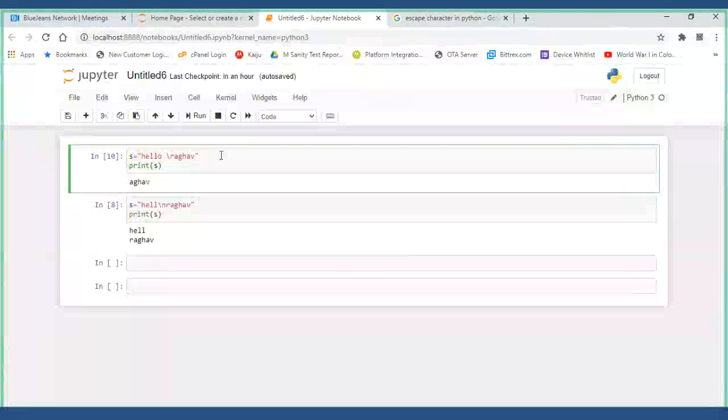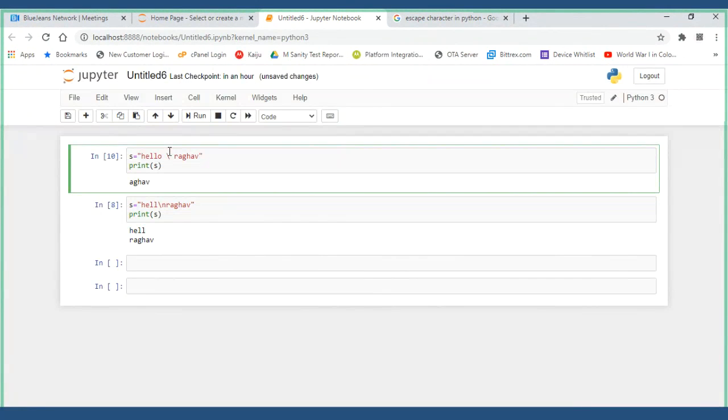So now what is happening here is, if I don't have anything immediately next to the backslash, any adjacent letter, then it will try to see whether it belongs to any escape character, like slash n means new line, slash t means some tab space.